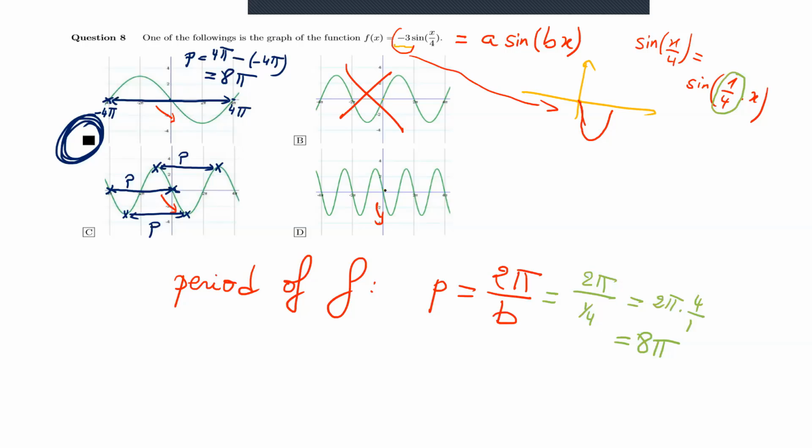Here the period is 0, 1, 2, 2 pi. So here the period is 2 pi only. Okay? Here, in this example, the period, I can compute here, 0, 1, 4 pi. So here 4 pi minus 0, so it's 4 pi only. So no, this is not correct. So the correct answer is